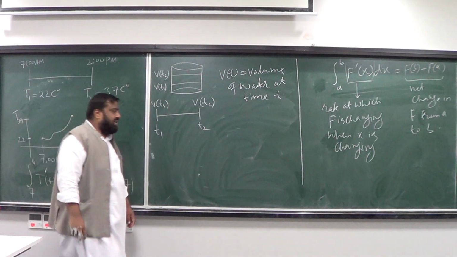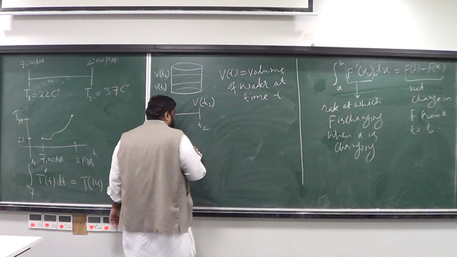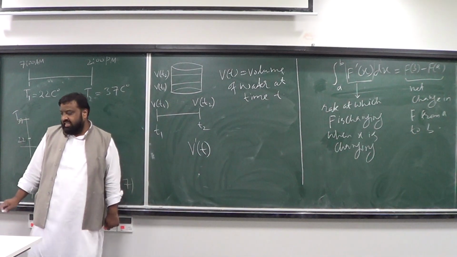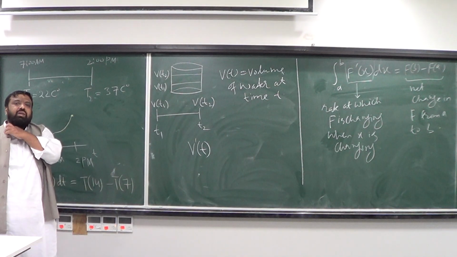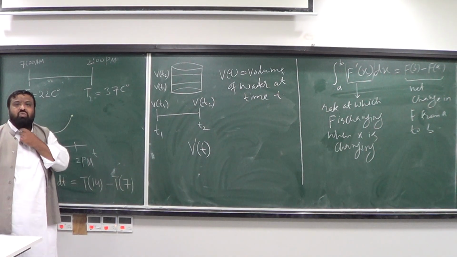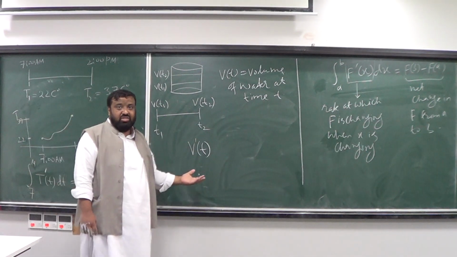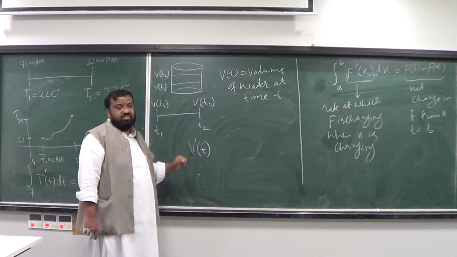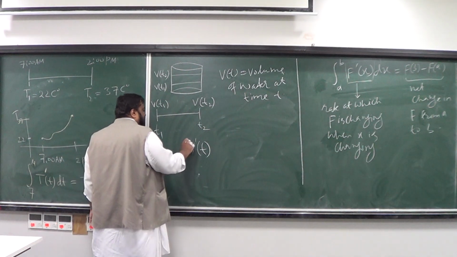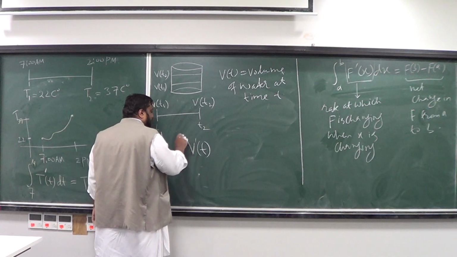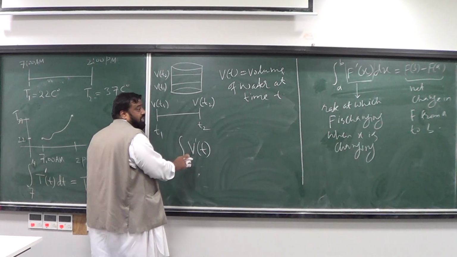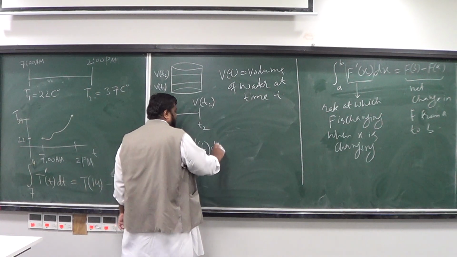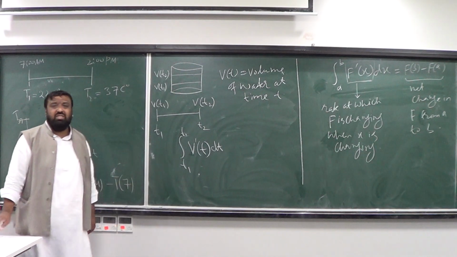The fundamental theorem of calculus is telling you that, by the way, what would be the interpretation of v prime of t now? The interpretation of v prime of t is going to be the change in the volume of the water when the time is changing. So this is the rate at which the volume of the water is changing. So if you, for example, compute or sum up all the changes in the water from the instant t1 to t2,